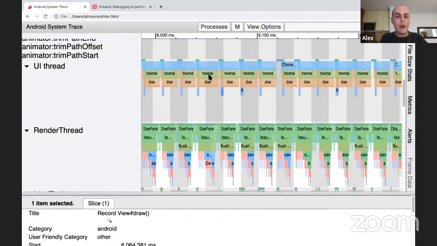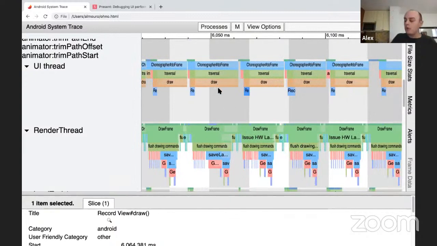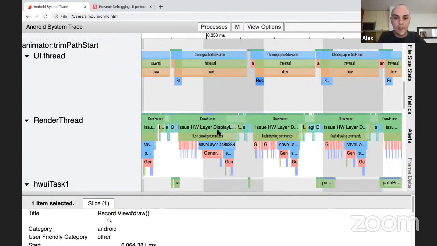So basically, the UI thread sends some calculation to the render thread. And the render thread seems to be pretty busy, and it needs to report back to the UI thread. So the UI thread tells the render thread, hey, calculate this for me, but report back because I need to print out something under 16 milliseconds. And here we can see that the render thread is actually very busy. So the UI thread is like, well, come on, I mean, I have to meet my deadlines. But here we can actually see that the real culprit is actually the render thread because it's doing a lot of stuff. And in this case, we're pretty lucky because if we zoom in,